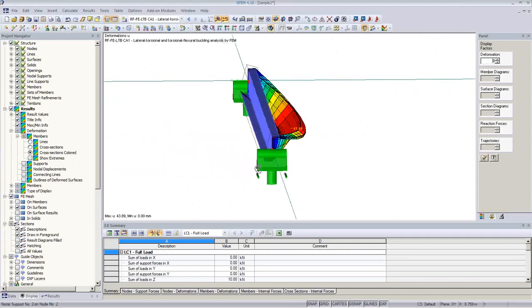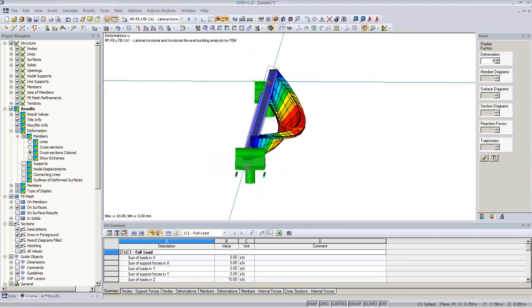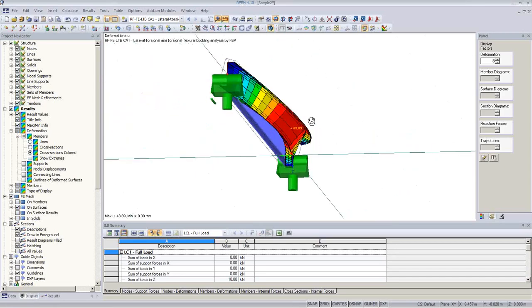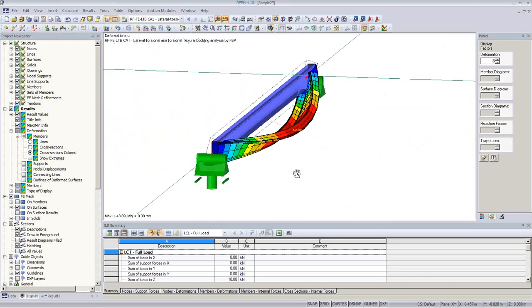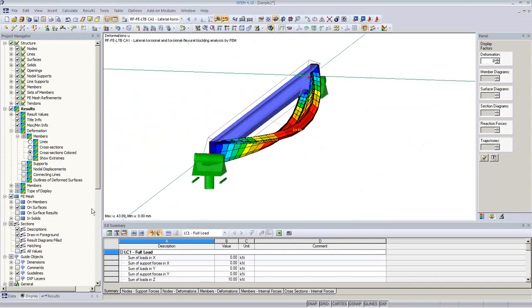Because of the unsymmetry, it's a combination of horizontal and vertical deformation. You can see the top flange is moving sideways and causing all the other internal forces,